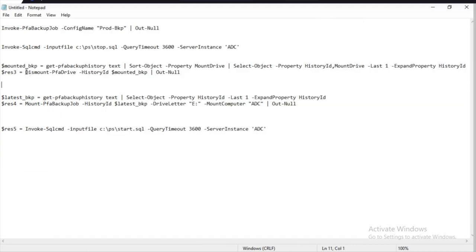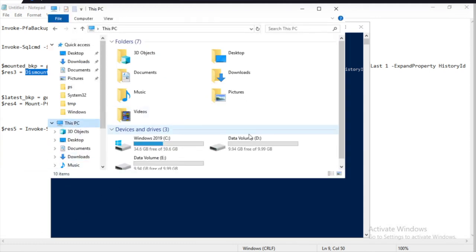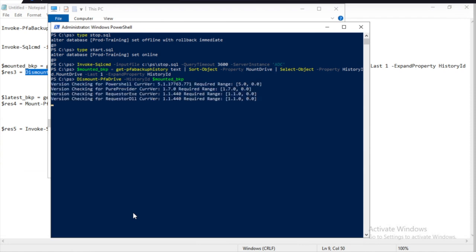Now what I'll do is I'll run a command to dismount it. I'll just go to here so you can see everything. Control V. And then this is going to take a moment, but what this is going to do is go out there, find that E drive. If I go over here to this PC, you can see that the E drive is currently mounted, but this script is actually going to go out and unmount it and basically remove it from the array's provisioning towards this host, and then it'll come back, scan the bus, and clean everything up. And again, this normally takes about 45 seconds to do, and when it completes, you'll see that it's dismounted and